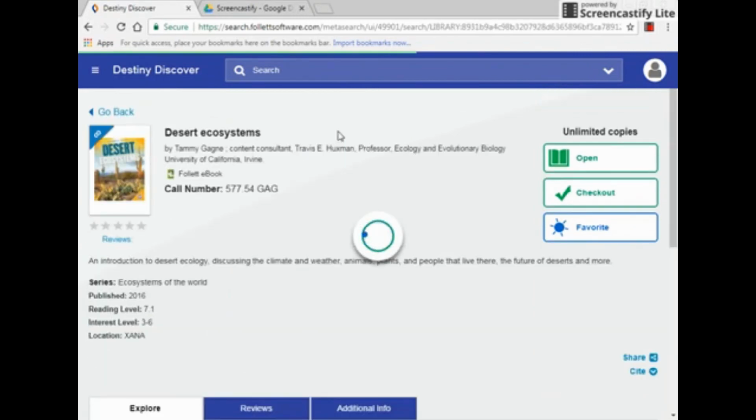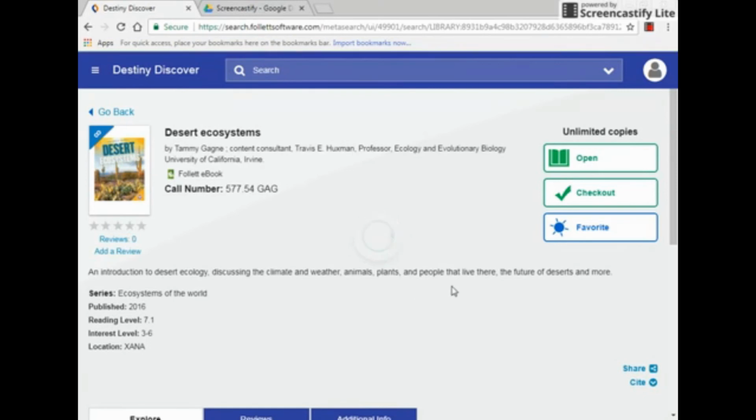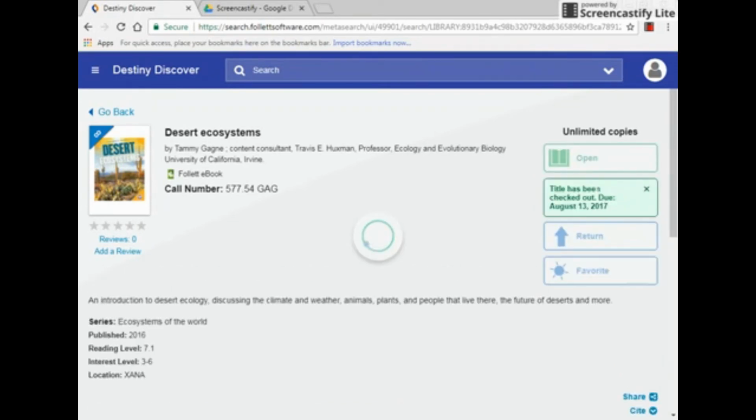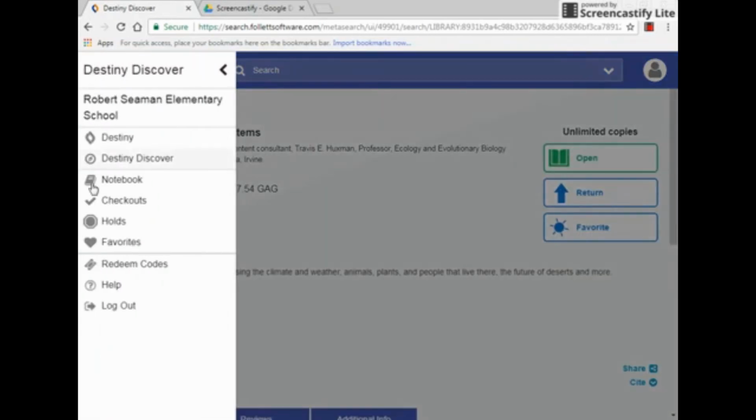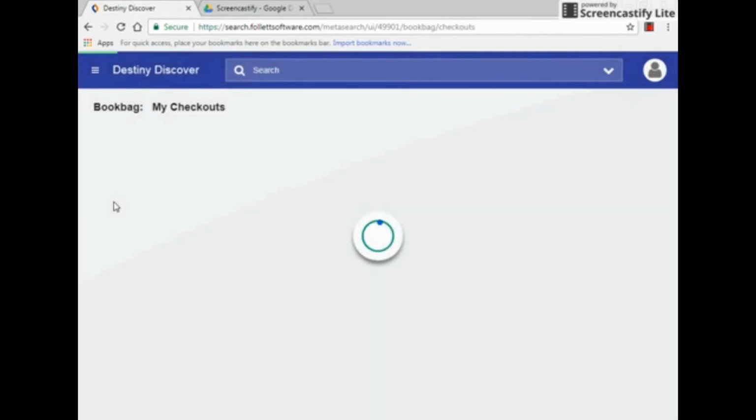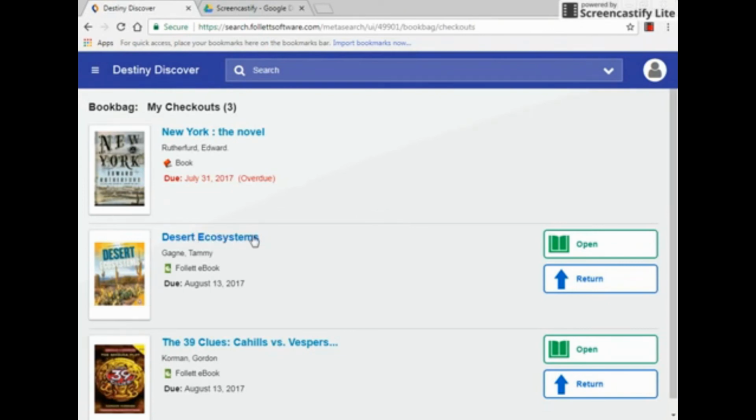If I click on the title, I will get some more information about the book. It sounds like something I'm interested in. I need to check it out immediately. So I'll click on it here. I'll check it out. It's already been checked out to me. I click on my short stack of pancakes, go to checkouts, and here is